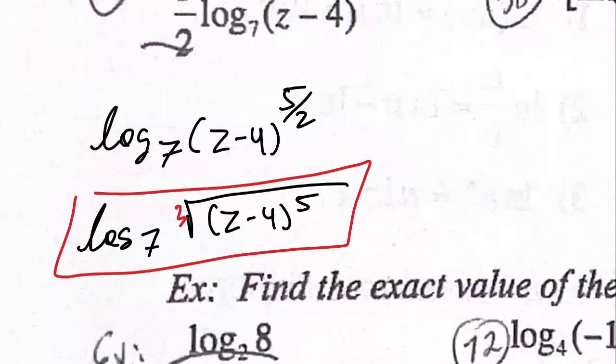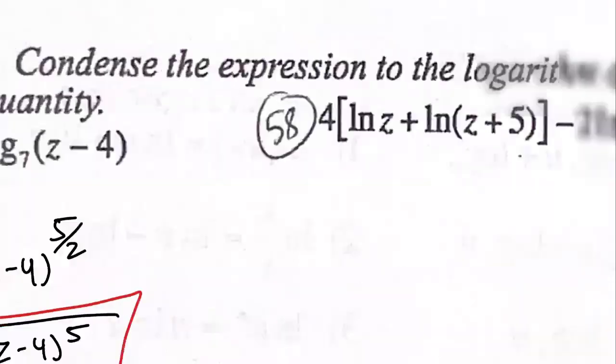Either way is right, but I think the book has it written in this way. Technically they mean the same thing. Honestly, this is just a nicer way, especially when you do the next problem. So for this problem right here,